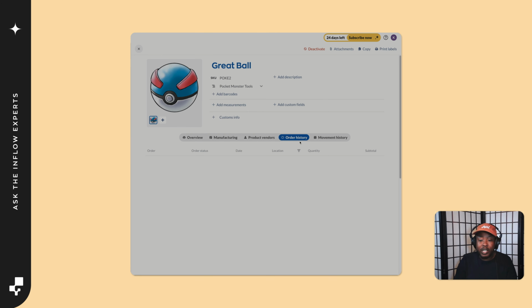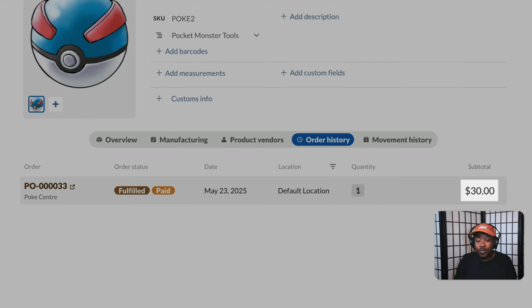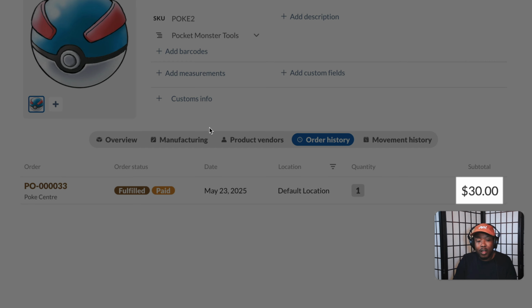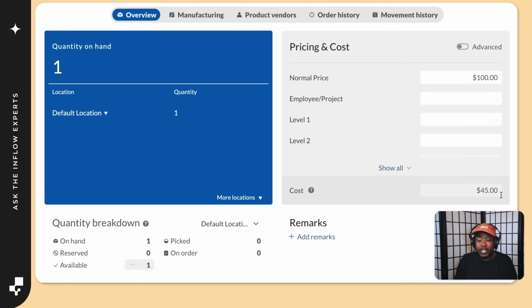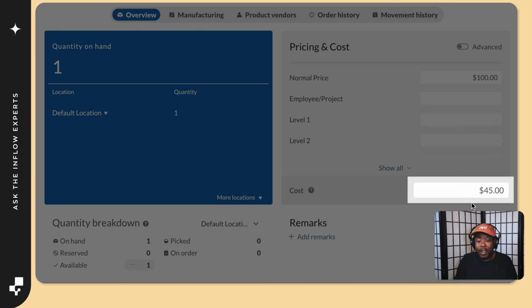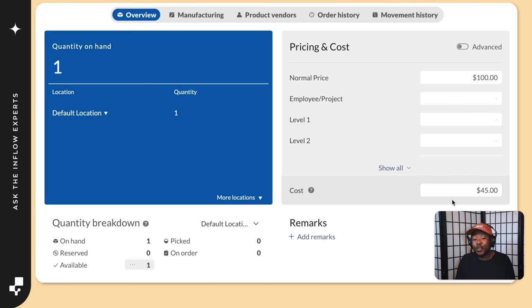If we go into my order history, we can still see a record that the true original cost was $30, but based off of the other charges that came in, it's tracked it in at $45. Info does that all for you really well. That'll really help you keep those costs in line and be aware of exactly how much you're spending as those tariff charges may go up and down.